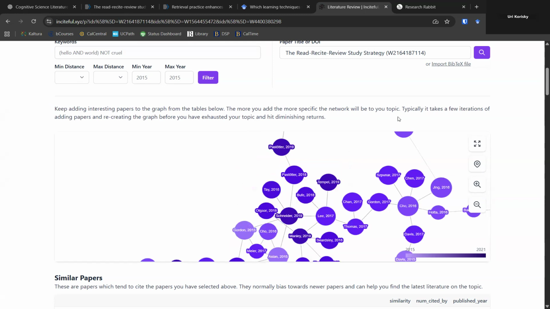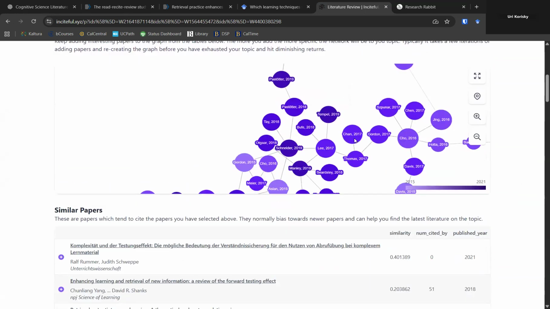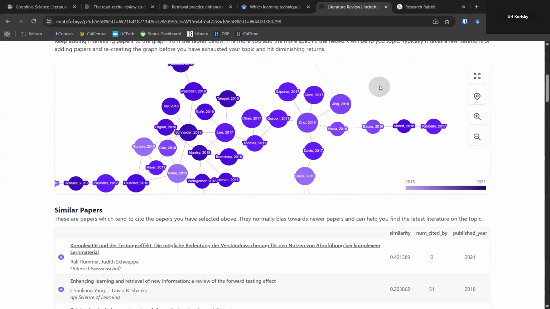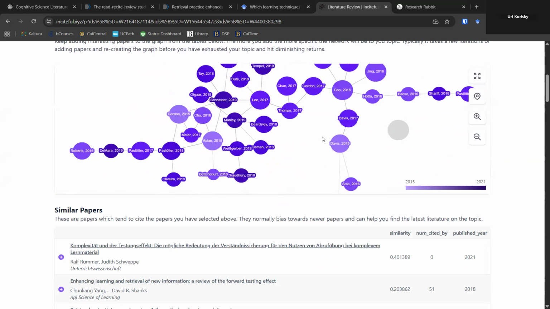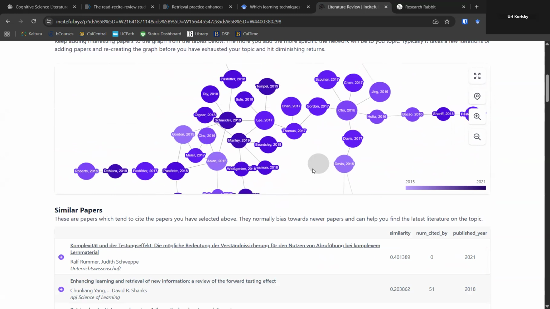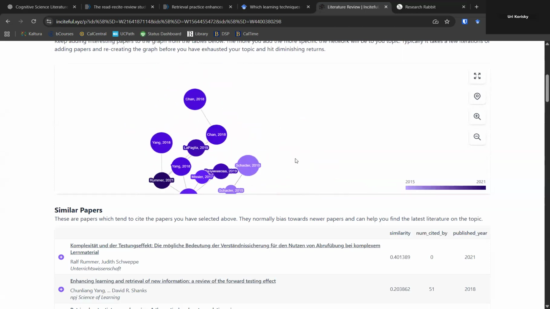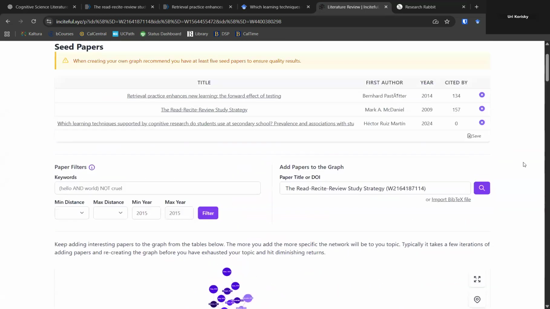So if I look here, the names of the papers were Bernard et al. Oh, sorry, Pasteur, McDaniel, and Martin. And I don't think that we will find them here. Your original papers are usually like here. Here is one of the original papers. I think so. I don't know if you can find others. Oh no, it's just the author. In any case, it does have a bit of a problem showing all the papers that you selected,